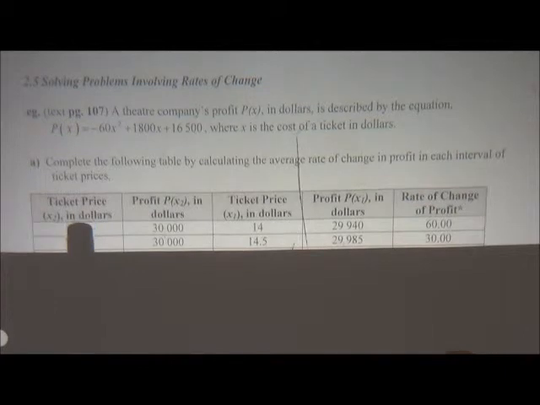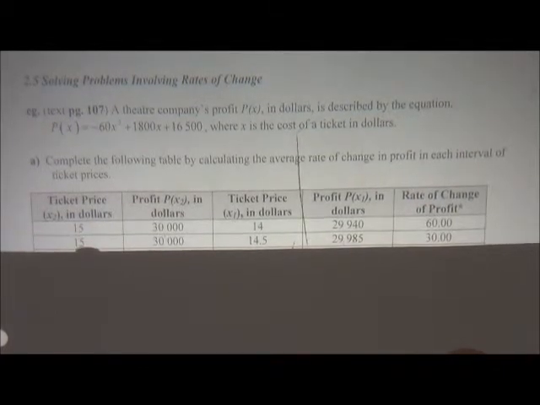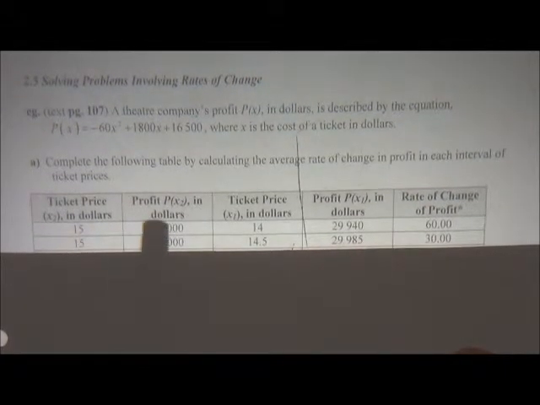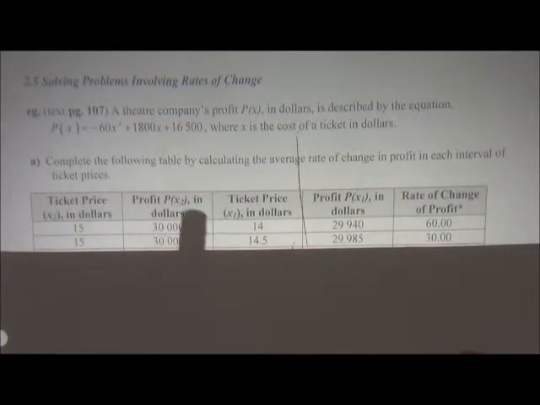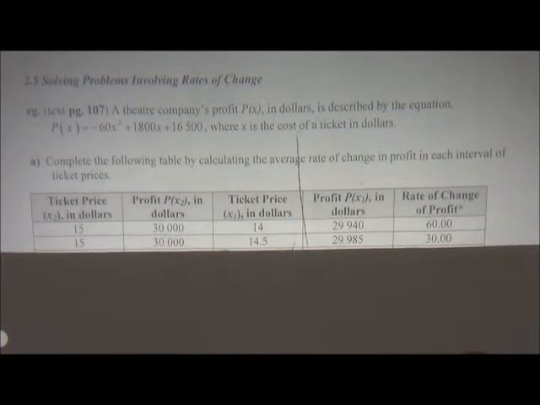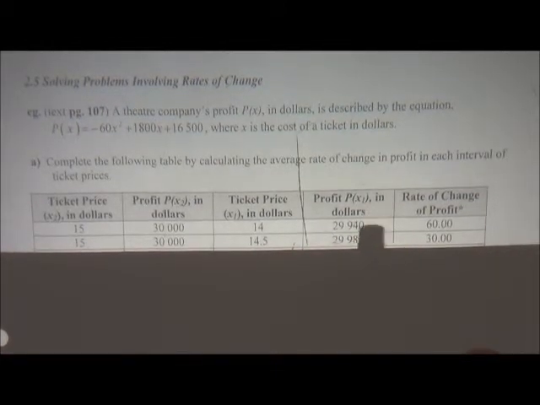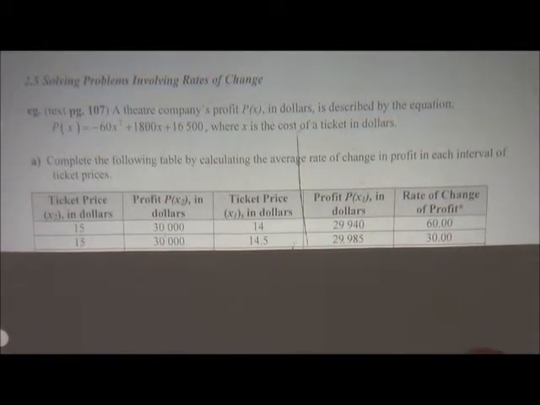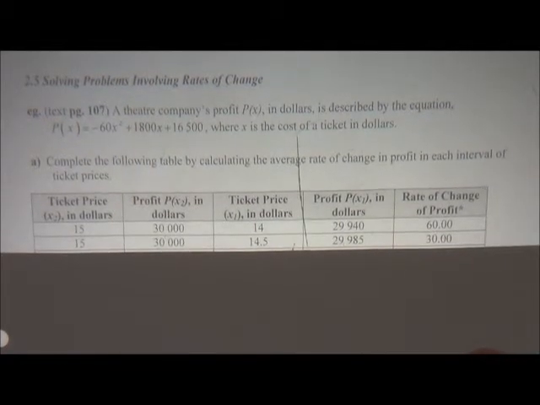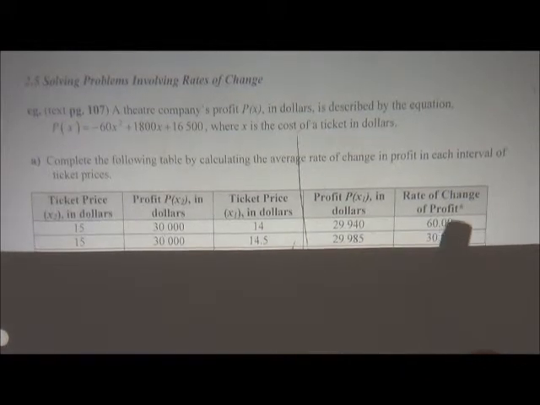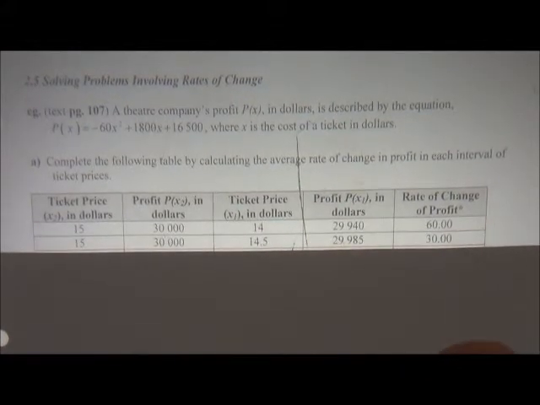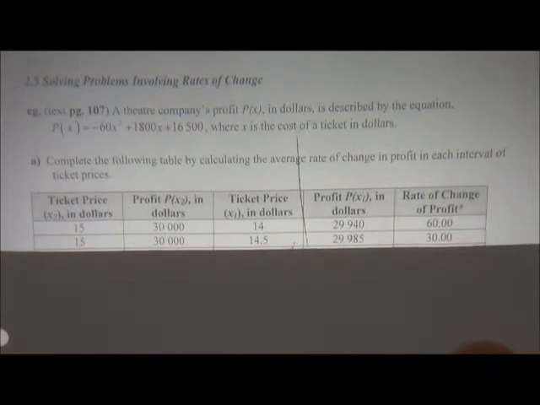So all the way along here, the $15 is going to be the target value, and the profit is going to be 30,000. The profit for x2, and then the profit for p of x1 is what those would be if you were to calculate this formula with the values 14 or 14.5 in dollars. And then the rate of change of profit is, as you see there,